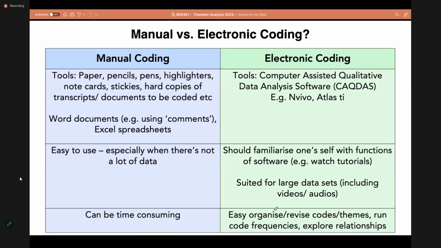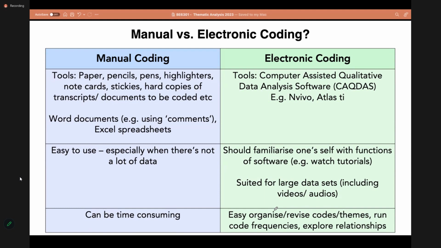Whereas if you're dealing with a larger data set, you might want to think about using NVivo or another software. Of course, you'll have to familiarize yourself with the software first, watch tutorials, and learn it.